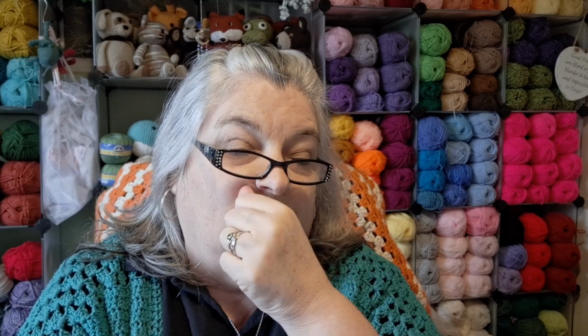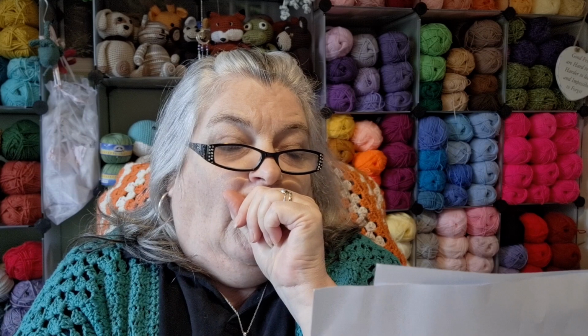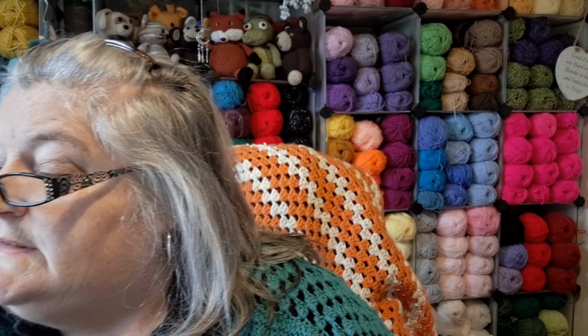But I didn't really want to do that, so I'll show you the pattern. There's a picture of it, just with your pot on, and she suggests a 7mm hook. And the yarn she suggests is Drops Paris, 10 ply or Aran, and it's 100% cotton. So that's quite a thick yarn. So what I did,